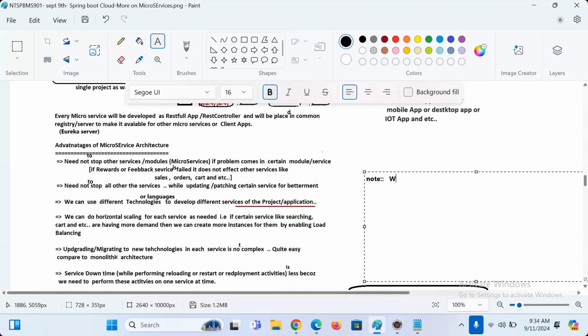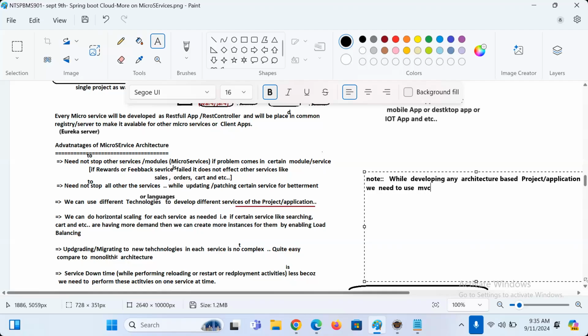Note, while developing any architecture based application or project, we need to use what, guys?